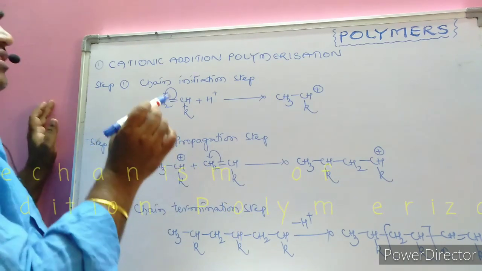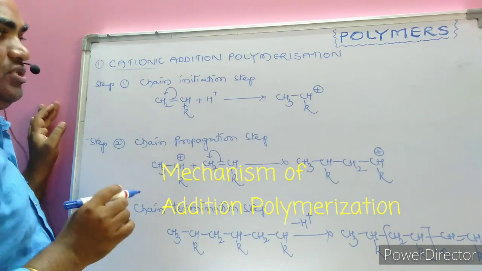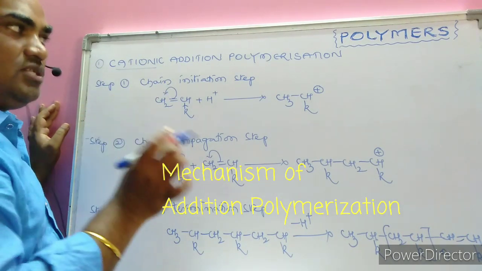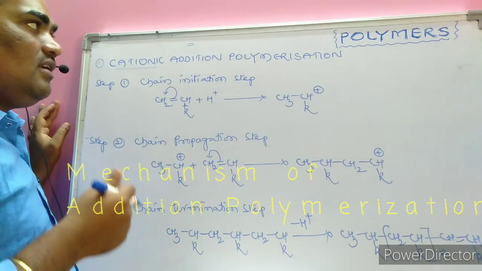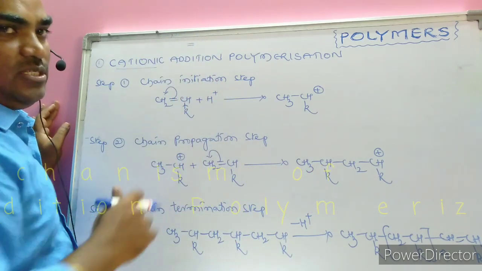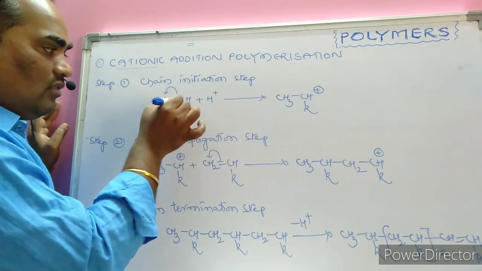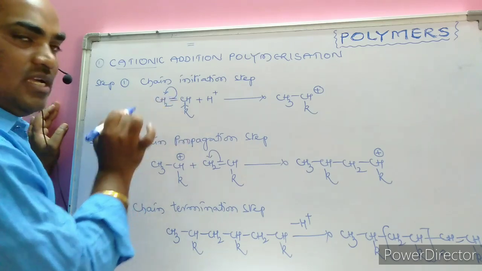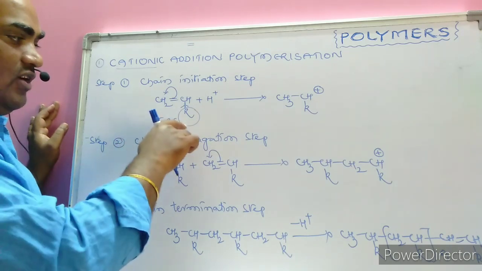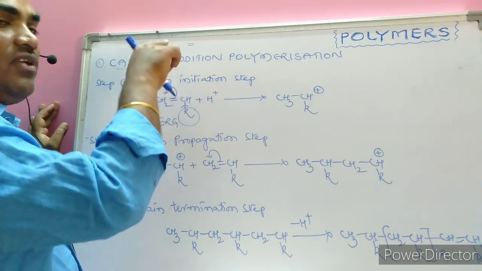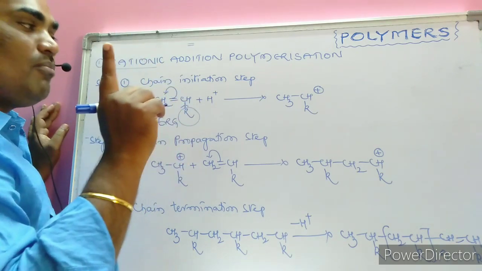Now, first under ionic addition polymerization, cationic addition polymerization. Since it is addition, there should be an unsaturation like alkene, alkadiene and their derivatives will participate. Among the derivatives of unsaturated compounds, the group attached to the unsaturated carbon atom is favored by electron releasing groups. If it releases electrons, then it is favored via cationic addition polymerization. That is a very important key a student must remember.